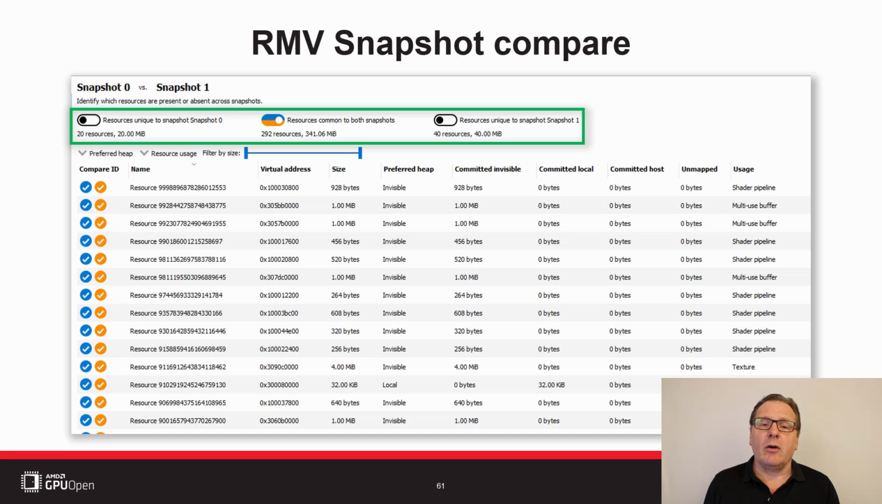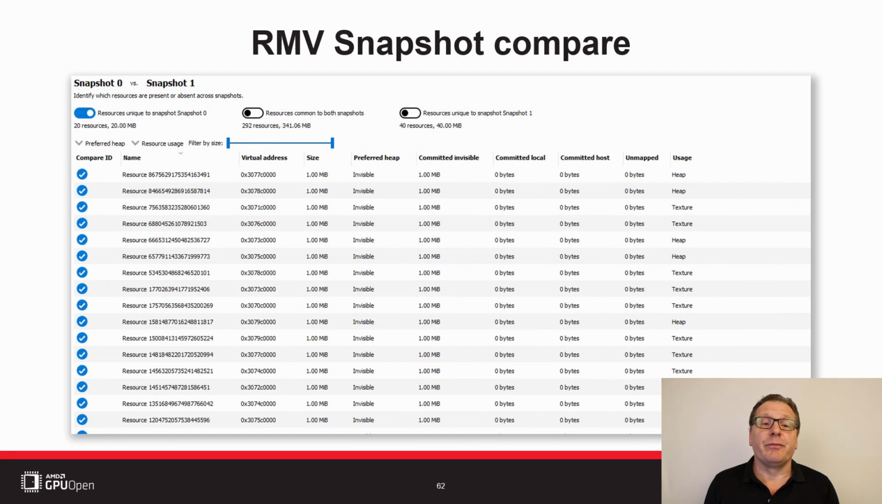We can deselect the common resources and select just the resources unique to snapshot 0. This is where it's important to know a little bit about the structure of your app in order to interpret the results. In this case, I know there should be more than 20 unique resources in Snapshot 1, as this scene has many more elements. From the timeline graph, I would also have expected the memory usage to drop in the second half of the memory trace. Given this information, I can be pretty certain that resources from Snapshot 1 are also present in Snapshot 2,